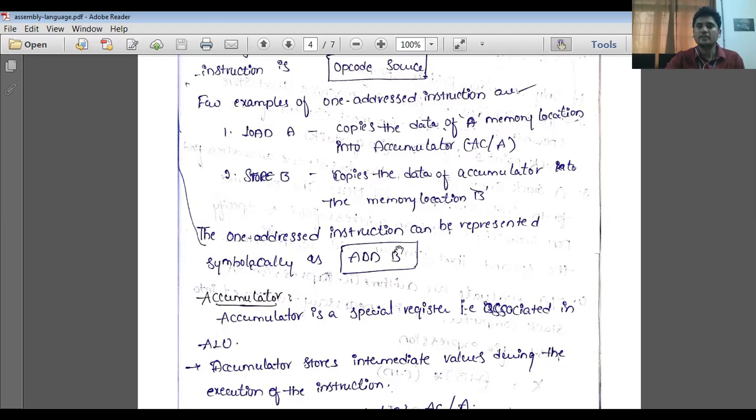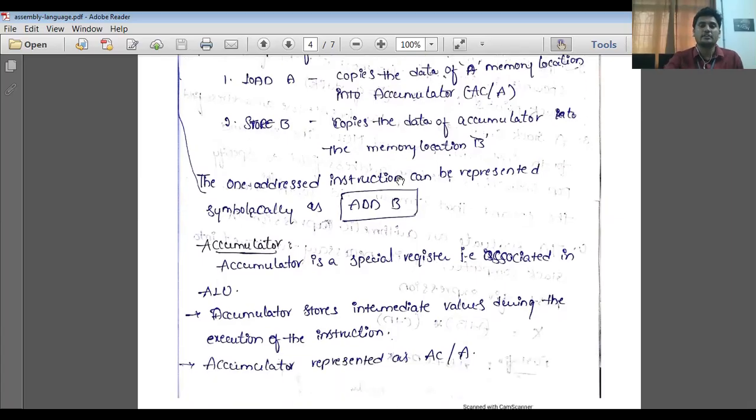That means the data in register B will be added to the data in the accumulator. The accumulator is nothing but a temporary register. Whenever we execute a micro operation, the result is first stored in the temporary register, the accumulator. So if any data is available in the accumulator and you write the code add B, then B is added with the data available in the accumulator. Accumulator is one of the registers. We can represent the accumulator by AC or A.